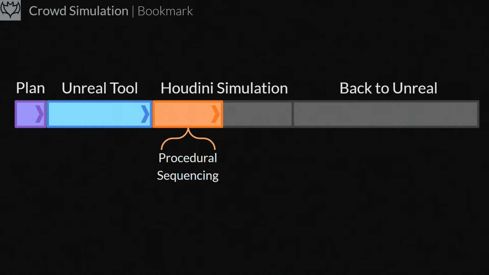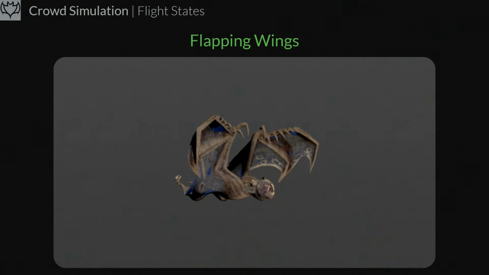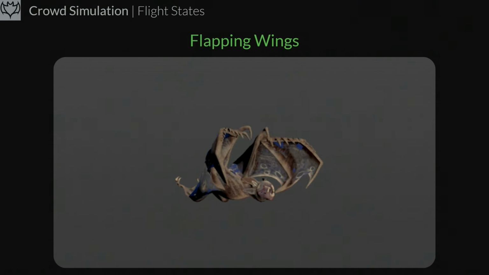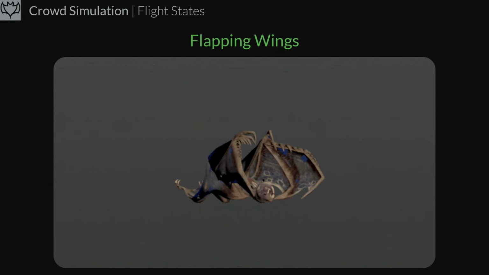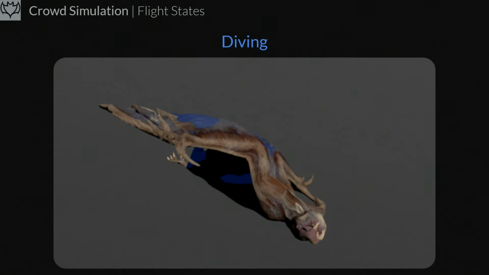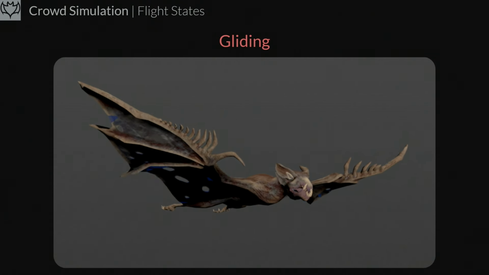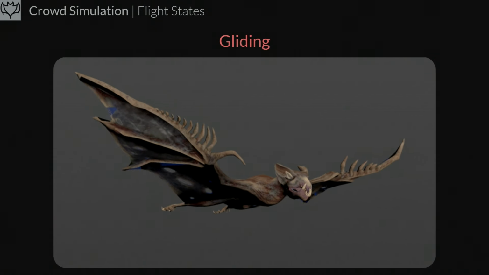So we have our procedural sequences, but now let's break down some of the art direction for how I wanted the bats to behave. Within their main flight cycle, so following the curve, I chose to have 3 states and base them on the vertical velocity of the agent. So firstly, flapping their wings, which is sort of their default state. Then we have diving, which is the state that I use when they're going downwards at a high rate. Then we have gliding, which is when they're moving between diving and flapping their wings, or if they're traveling downwards